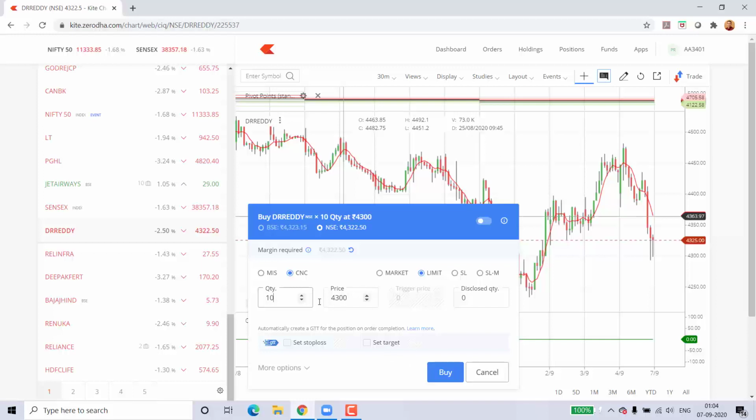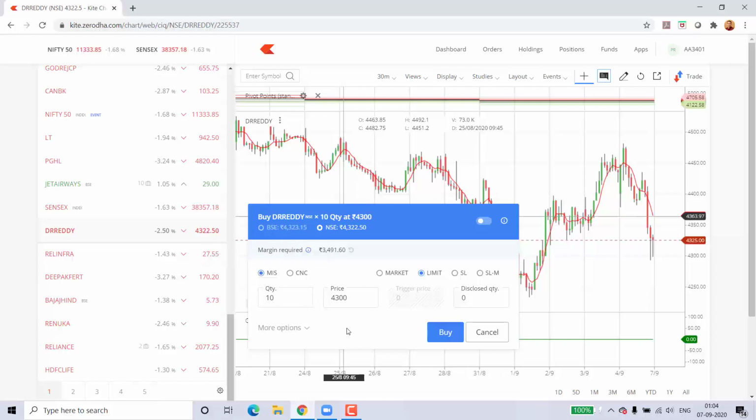Now 4,300 into 10. So does it mean that you have to have 43,000 rupees in your account? Friends, that is the benefit of the margin trade or the MIS trades. In MIS trade, what happens is if you can take, let's say, 3 times or 4 times, probably you would not require 43,000 rupees in your account. You may require, depending upon what is the leverage which is offered, just 10,000 or 15,000 rupees in your account, and you could take a trade for 5 times, 3 times, depending upon what is the leverage which is given.